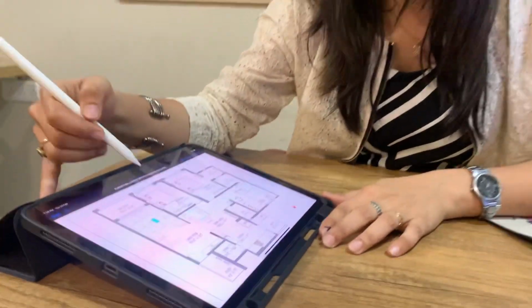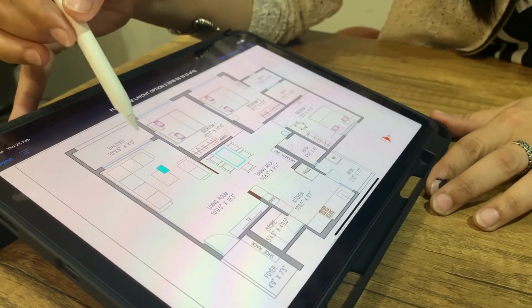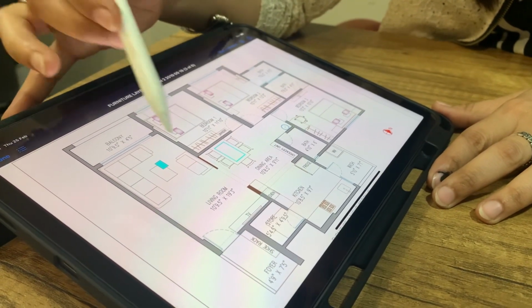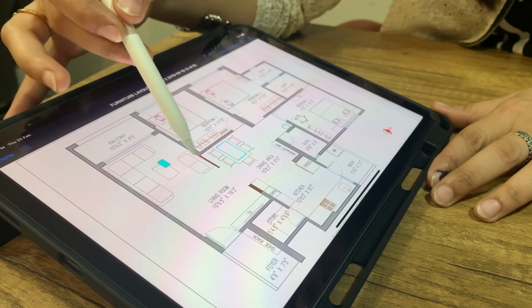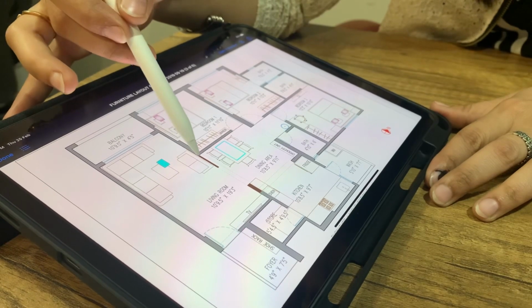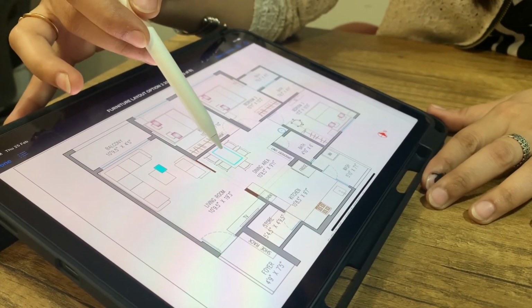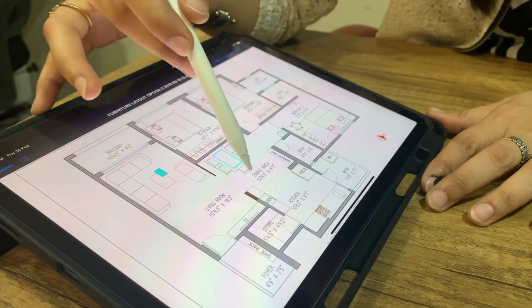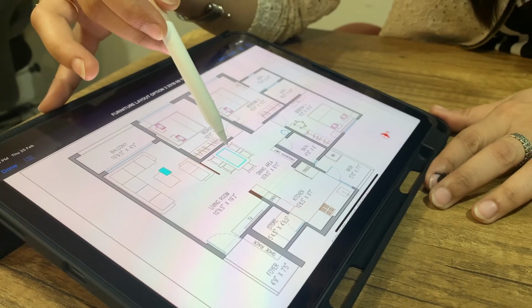After getting the requirements, I'll make the floor plan. Let me show you the example. This is the floor plan we have prepared. For the floor plan, I have put the tentative furniture locations. Like this is the living room. For the living room, we have put the L-shaped sofa with a two-seater sofa in front, a TV unit, and a partition between living and dining. Then the kitchen with a main platform, a service counter, and the crockery unit is the location for the dining area.